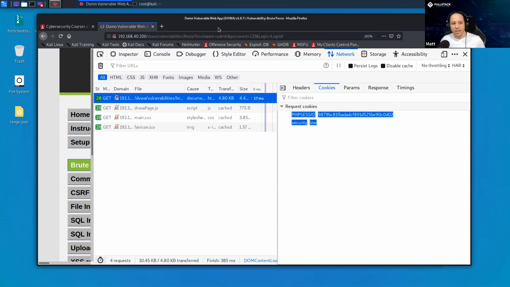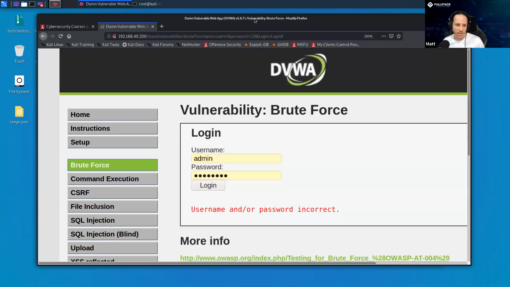Things that are a little strange about this is that we're using a GET request to log in. That's usually not how we do it. We'll usually use a POST request and put the login parameters inside the body instead of in the query parameters. This is just one way you can do it. Okay, cool. Let me take a look at what this looks like in Burp instead of a browser now.